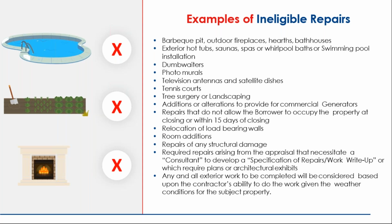We can't do anything that would prevent the borrower from occupying the property within 15 days of closing. So if there's a repair that we're trying to do and the borrower can't move in for 30 days, well, we can't do it. We need the borrower to be able to move in within 15 days of closing. That's very important. Okay. Any repairs that really involve a HUD consultant to be involved in, where it's